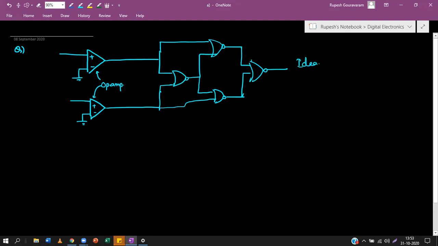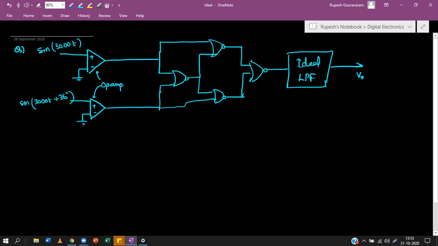Here there is an ideal low pass filter. LPF means low pass filter, and the output V naught is here. So this is the circuit given. Here the input is sine of 3000t, and here it is sine of 3000t plus 36 degrees. Okay, so this is the circuit given,